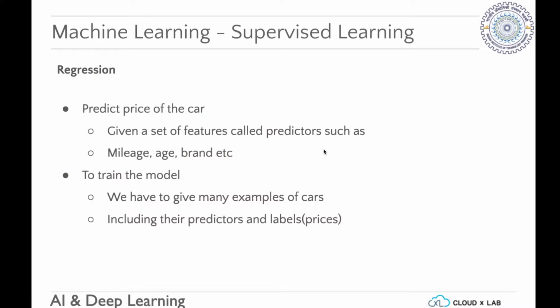In the training set, you would have a huge data set which covers all of these, with the mileage, age, brand, etc. for each car being so much, and the price being so much. That's the whole model. If you have this huge data set, you can train the model, and then you can just give it a new car that comes in, and it will give you the value of the car. That's an example of regression. As you see, the difference between regression and classification is that in regression you are sometimes getting a value as opposed to just a simple label.